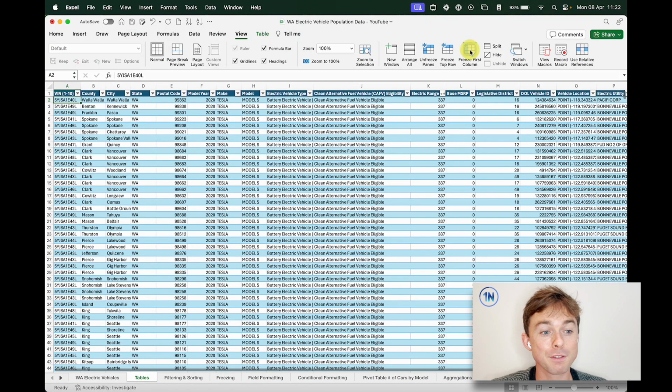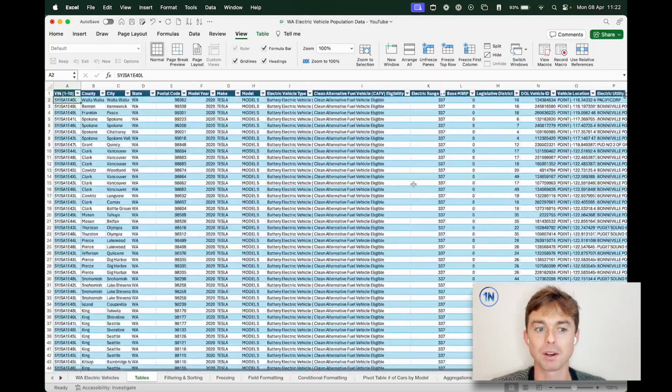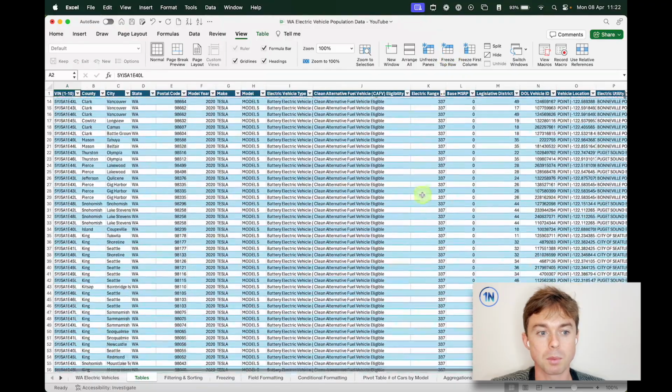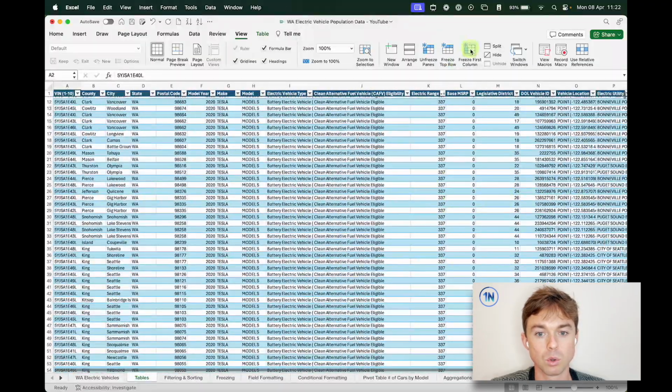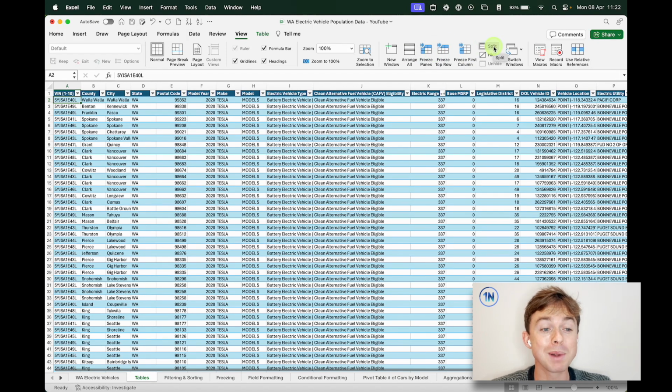We can freeze our first column if we want to keep the VIN number all the way across or something. So now we've frozen our first column, and our top row. Ooh, very cool. Okay. The other thing we can do is unfreeze those panes straight away by selecting them over there. Maybe the one thing that I'd point out to you is we've got the option to split our workbooks